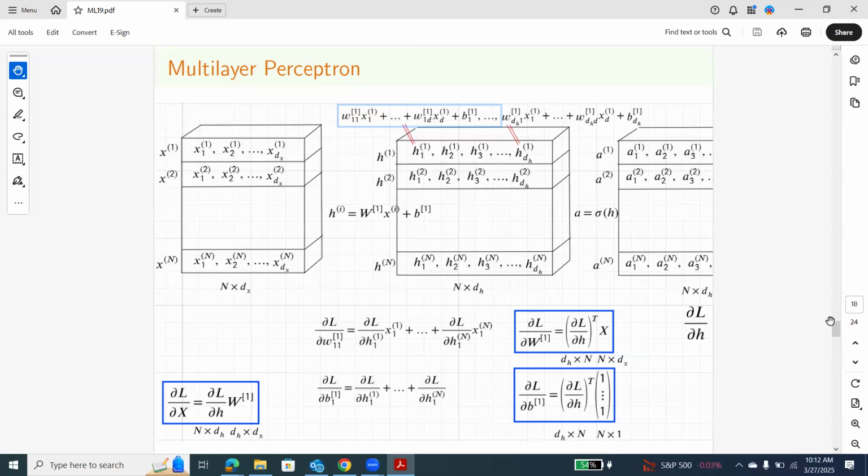And every H contains x1 with weight W1,1. The next contains it with weight W1,2. Wait a second, W2, oh sorry, W2,1. And the last contains the weight in front of x1 with indices D1. In other words, the derivative with respect to x